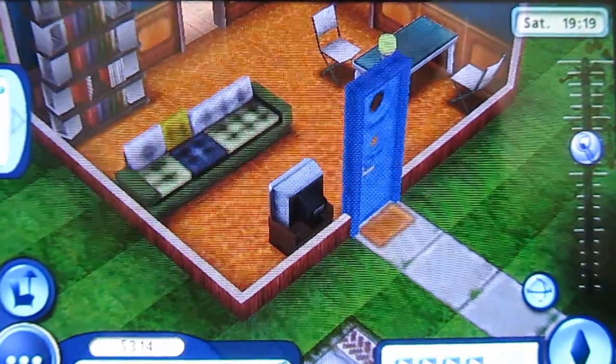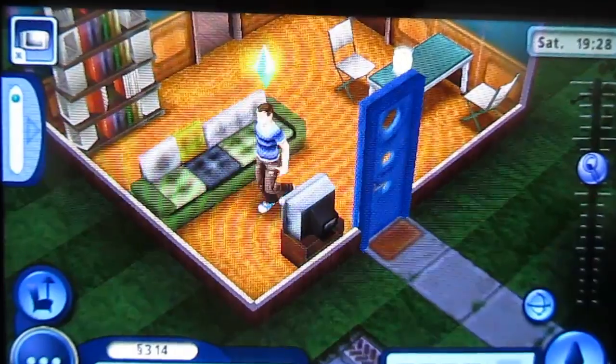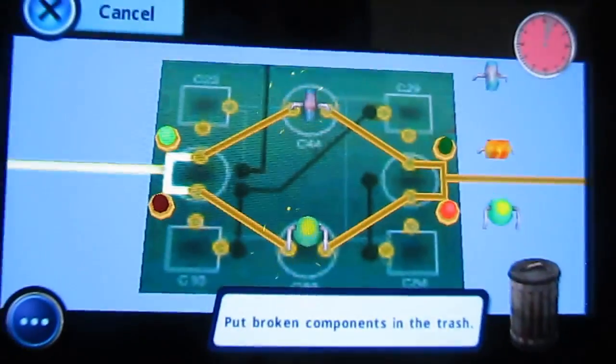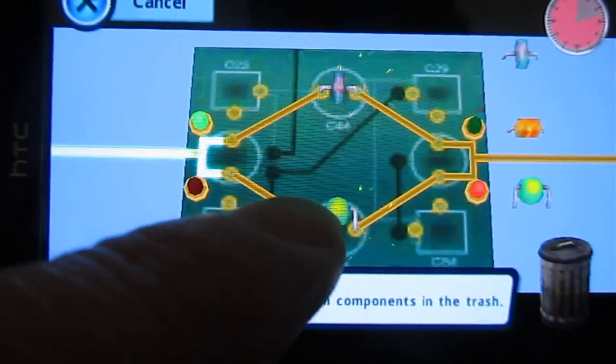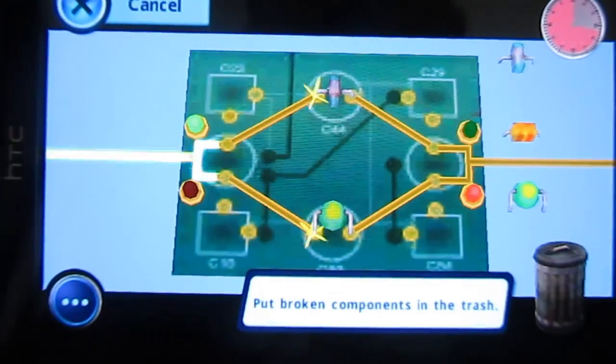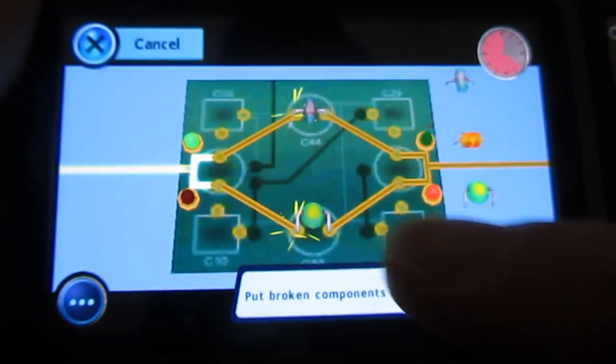Oh, my TV's just blowing up. Should we try and fix that? Okay, so here's the fixing minigame. You have a certain amount of time here to remove the broken parts, which are these flashing parts, and replace them with working parts. So you get the broken part and put it in the bin,